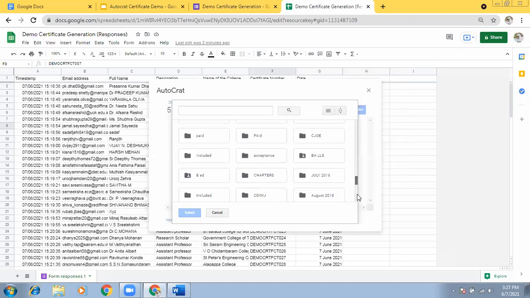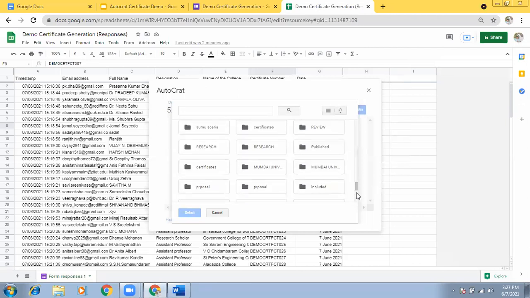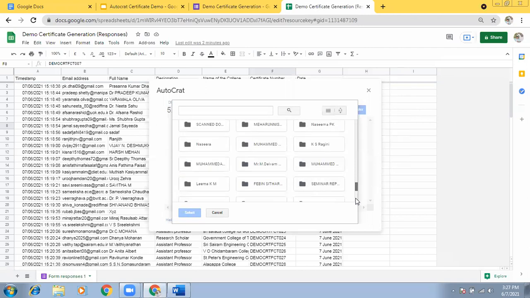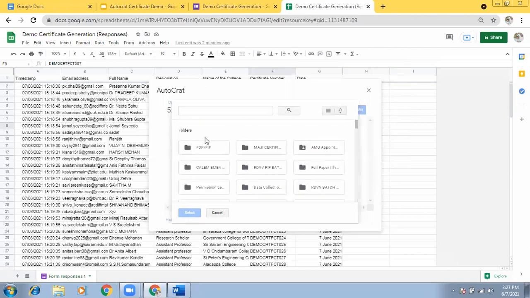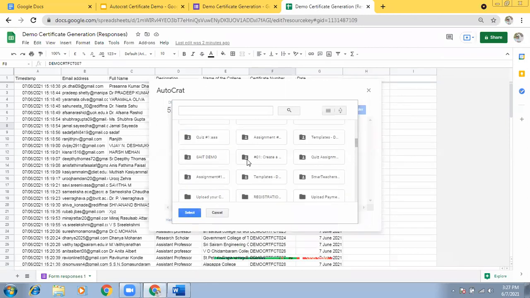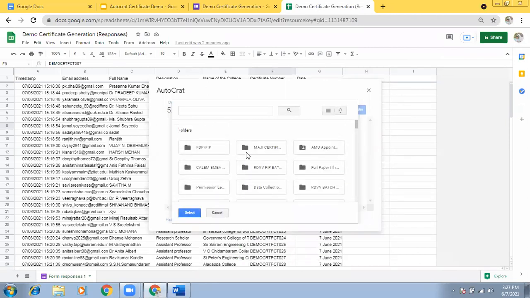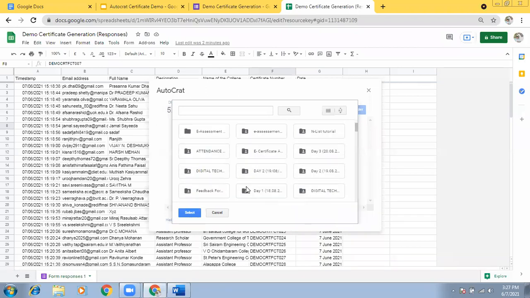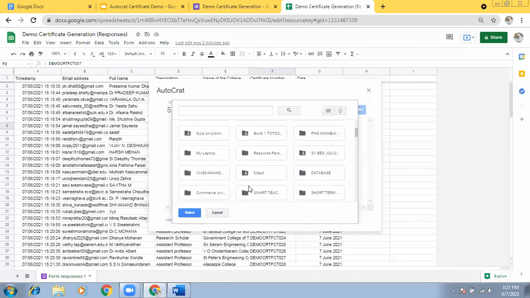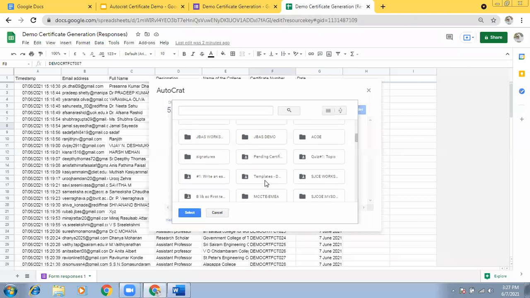See, on my Google Drive, there are many. You can save on the desktop or maybe make a new folder for this. Yeah, for that I need to go to Google Drive. Let me see. Or you can create a new folder also.